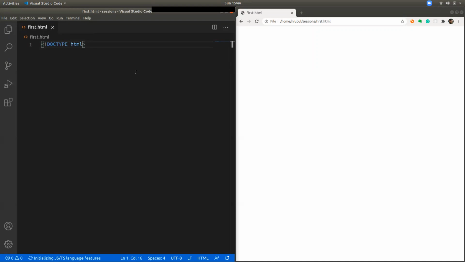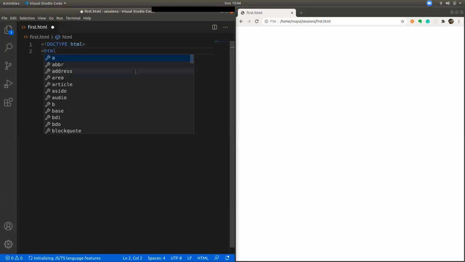Now comes the HTML tag. So what is an HTML tag? You know what a tag is. So the HTML tag is HTML. You have to put it in angular brackets to make it a tag. And as soon as you put it, you can see the editor automatically closes it with the end tag, so you don't have to type the end tag.